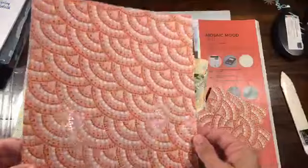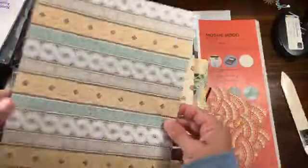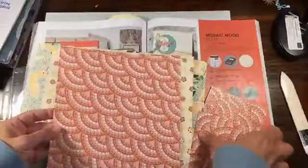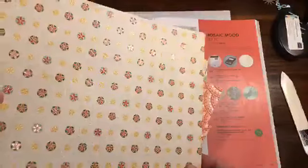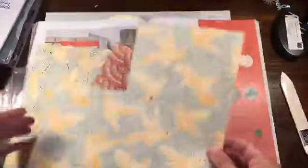is kind of like embossed and shiny, so you can see it has a shine, and then it has a regular side. I think this is one of the stinkiest designer series papers, legitimately stinky paper that I've ever smelled before. But all of the papers have one side that is shiny, and the other side is regular. So it's got hummingbirds,